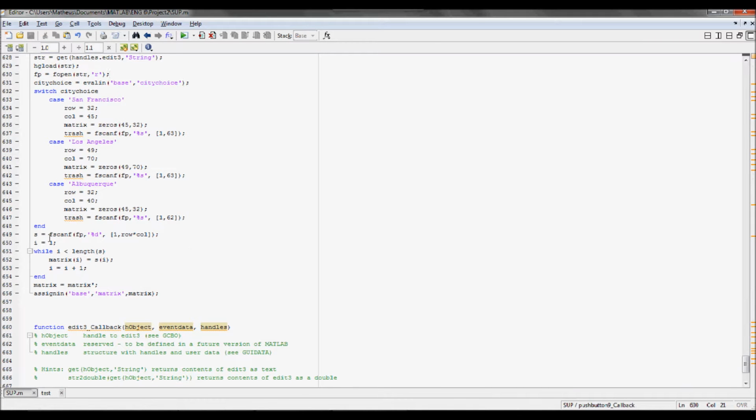And we use fscanf to rewrite the matrix that contains the data and use a while loop to assign all the variables and boxes filled by the user to the matrix. And finally,